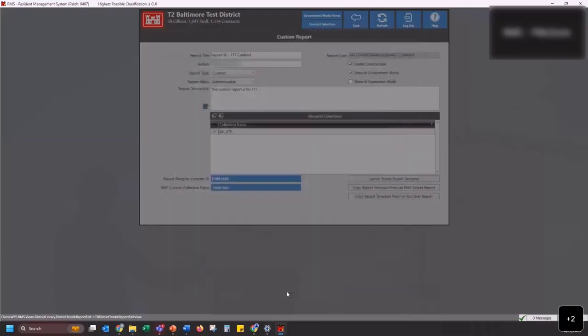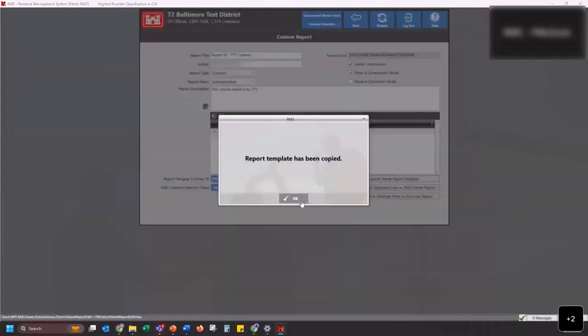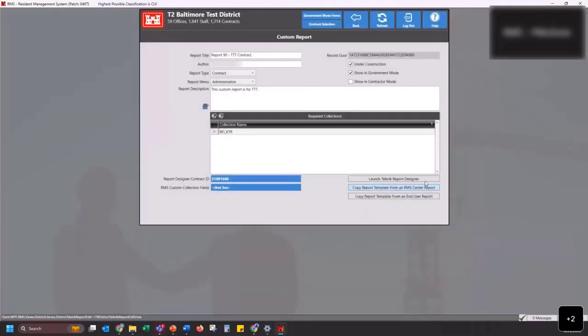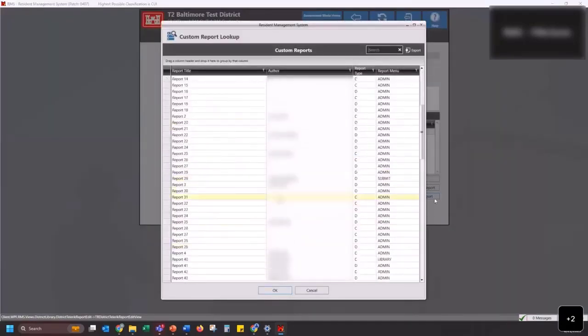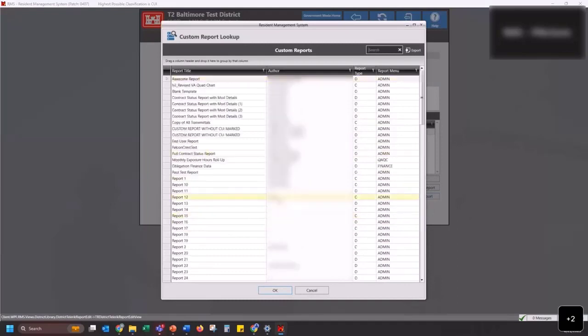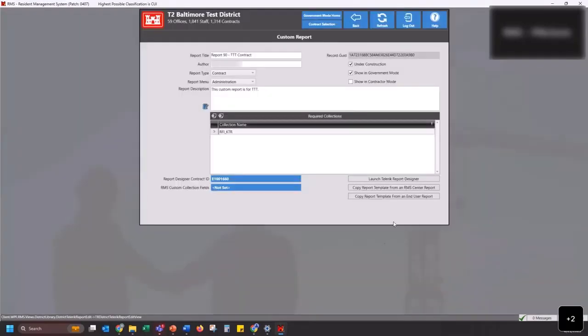Whoops. Did not mean to go beyond that. Okay, and then the second button is going to copy a report template from an end user report, and same there, you can select a report that's been created by one of the end users. All right. And then finally, to kick off our demonstration, we can click here to actually launch the Report Designer